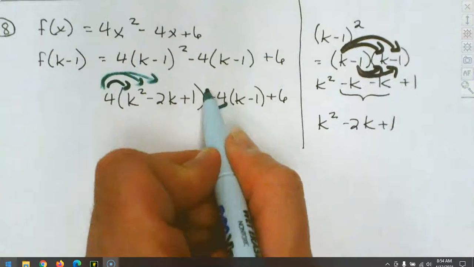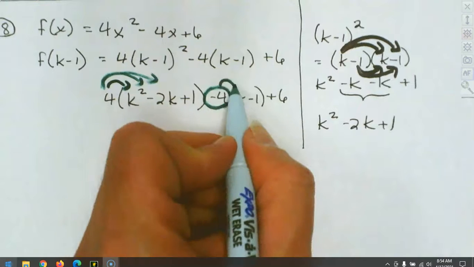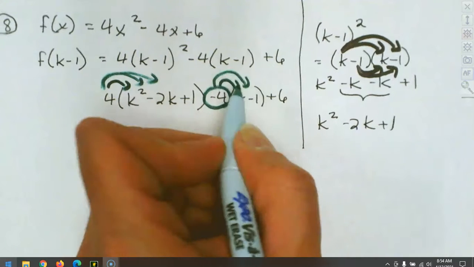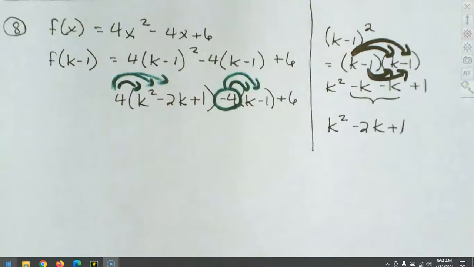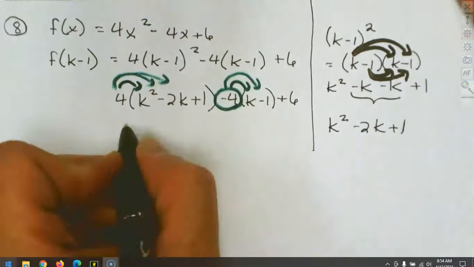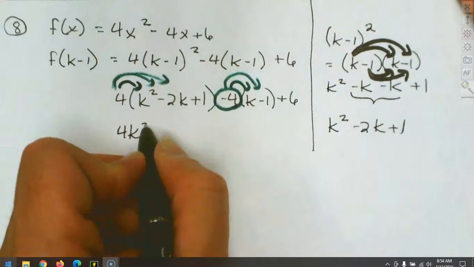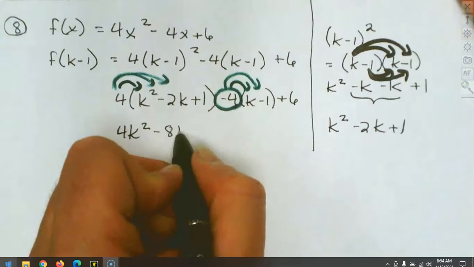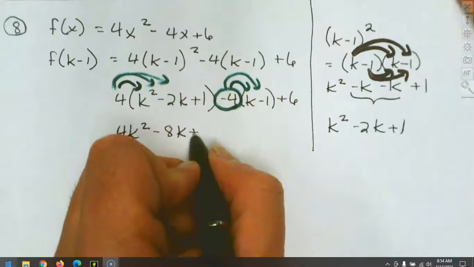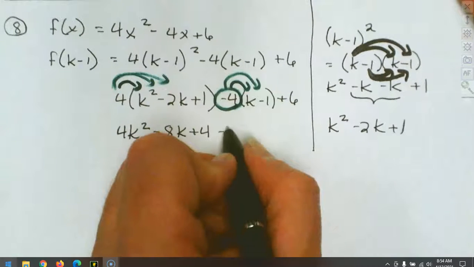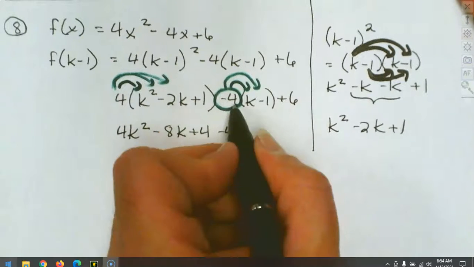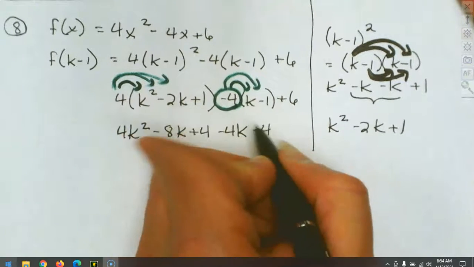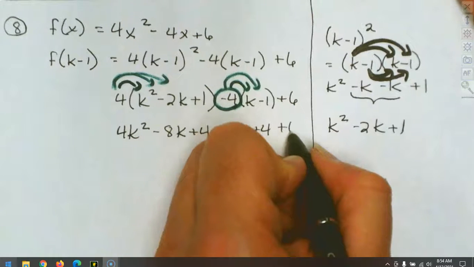And I always like to, again, circle the negative, so we remember to change our signs when we distribute through. And that now leaves me with 4k squared minus 8k plus 4 minus 4k, negative and negative makes it a positive 4, and then a plus